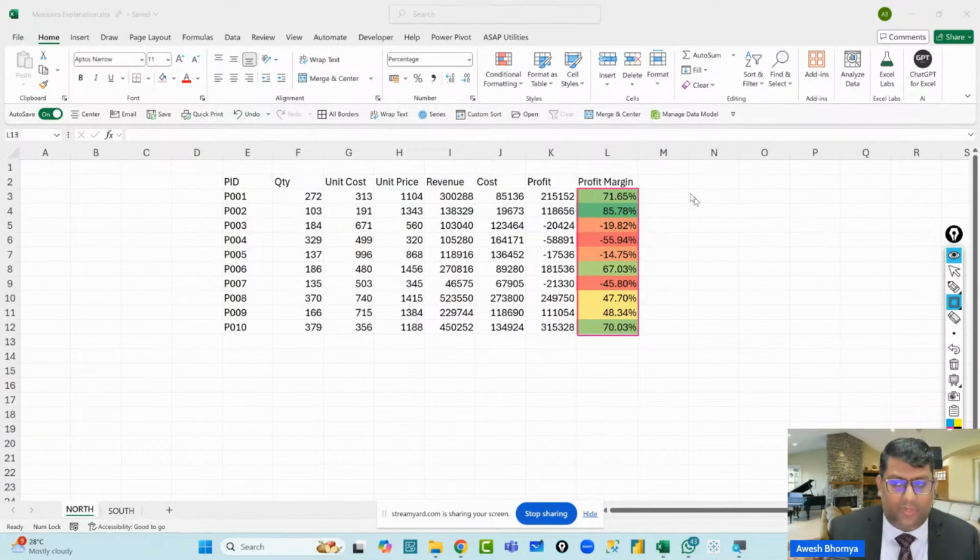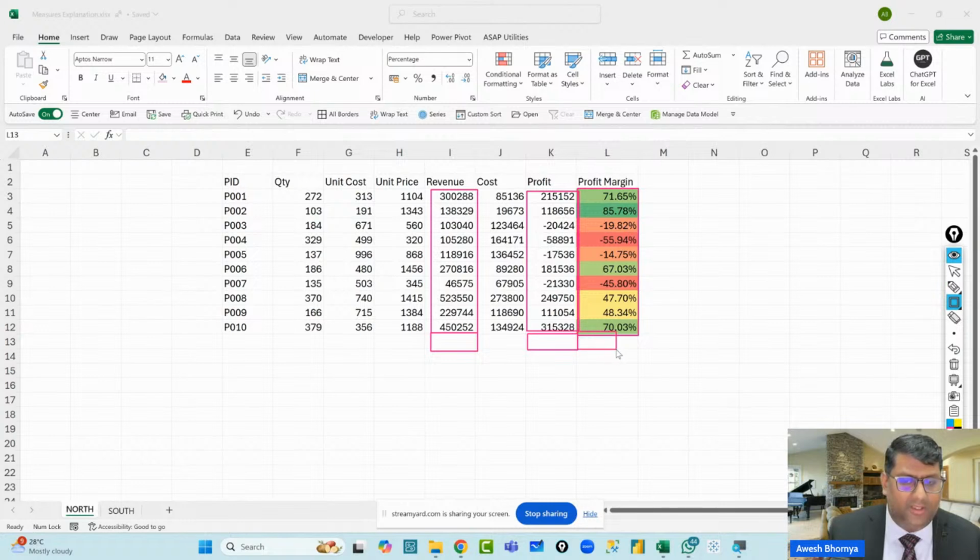I will have to find the total profit divided by the total revenue. This way, I will get a value for total profit and a value for total revenue, and that will give you the final profit margin calculation, right?